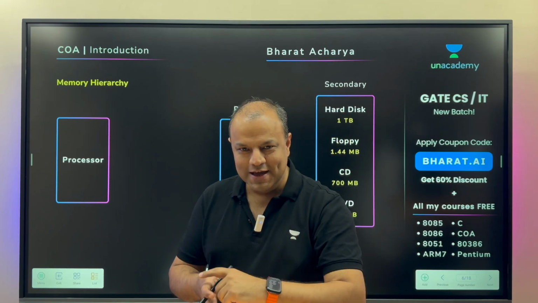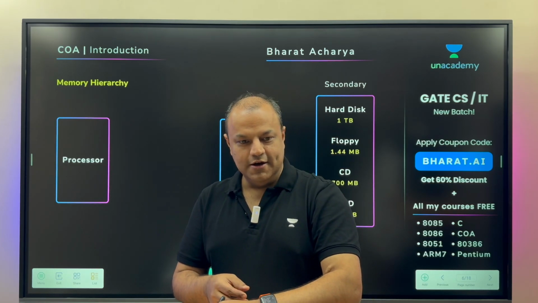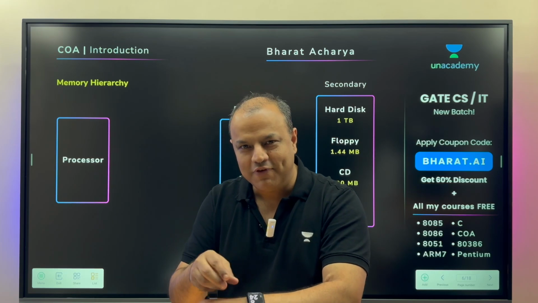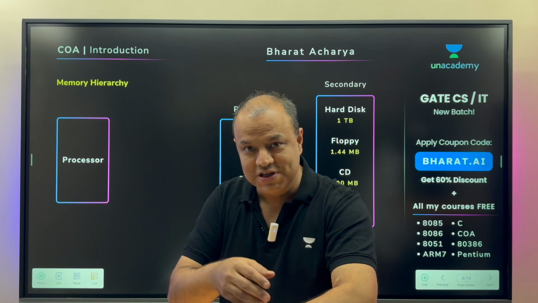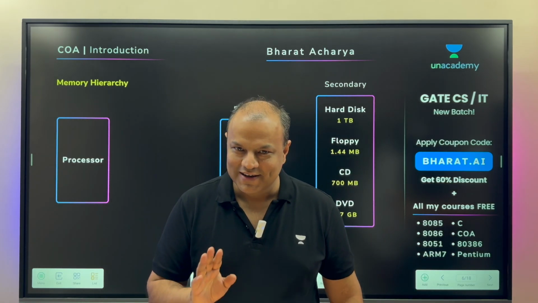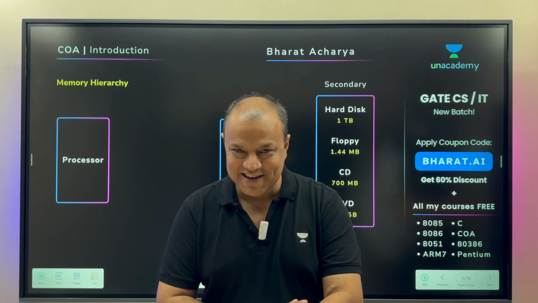So you get an SMS, it will erase a block of a few kilobytes. You get an image, it will erase a block of an MB. You get a song, it will erase a block of 5 MB so that you can store it. You take a video, it will erase a block of GB so that you can store the video in one go. But at the same time, it is ROM. So what do we mean by that? When you switch off the computer or the appliance, the information is not lost.